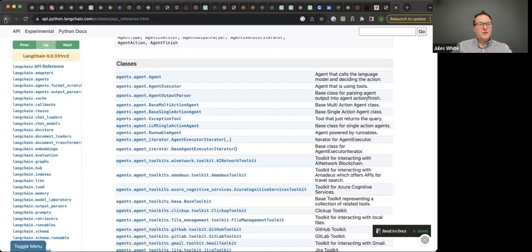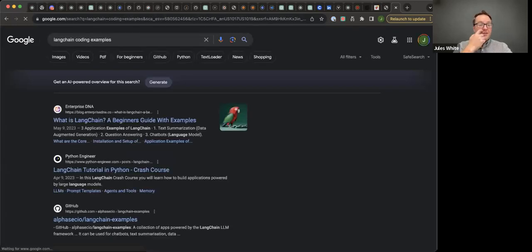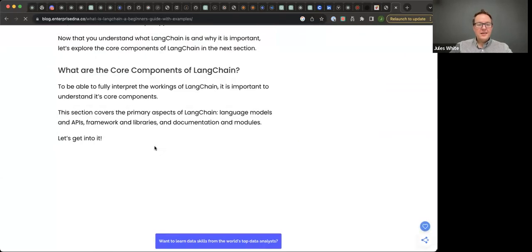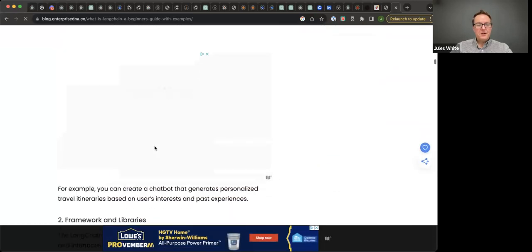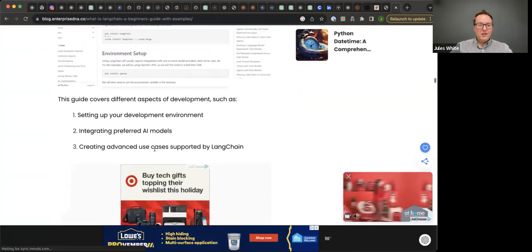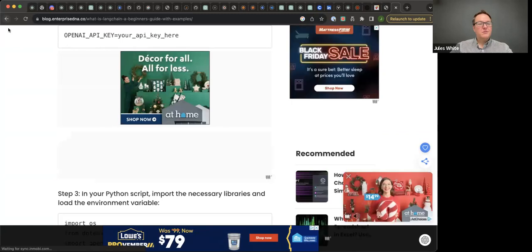Let's see, LangChain documentation, or LangChain coding examples. Honestly, the thing that I find the best and is the easiest is to give it examples of code. And it can learn from examples very, very well, which Jesse's got a lot of experience in, how well it learns from examples. If I can find a quick section of